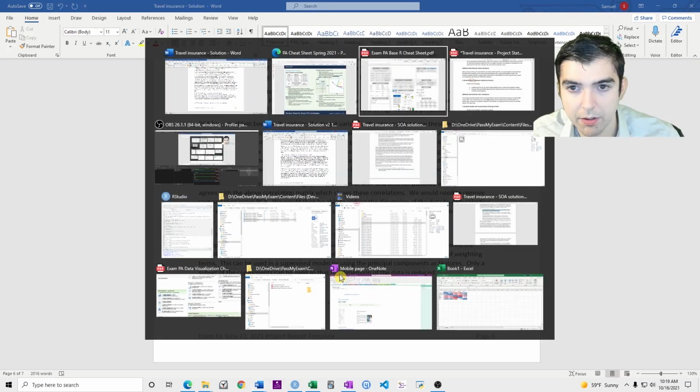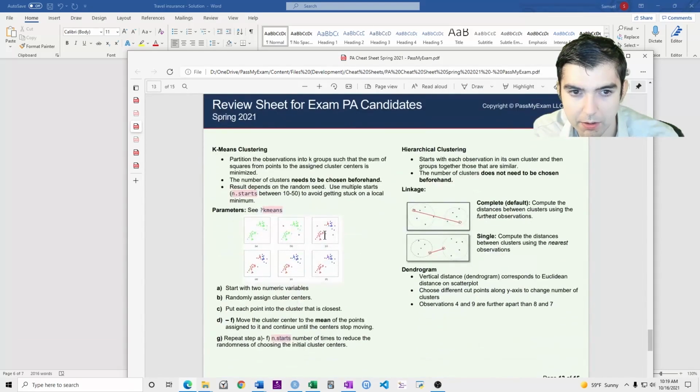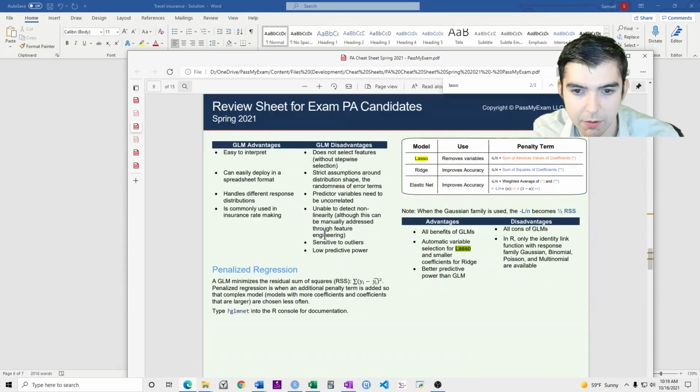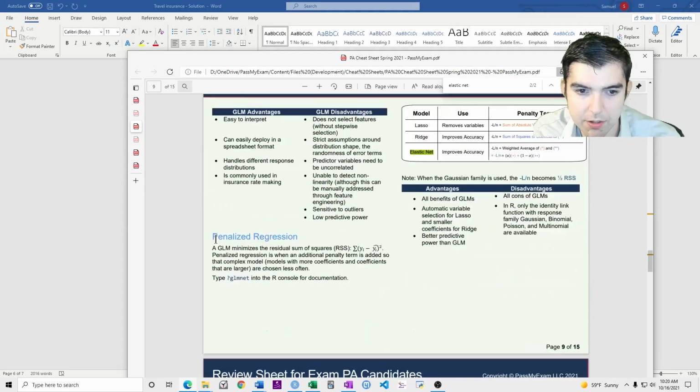And then the next part was compare PCA and lasso regularization on both how they perform dimension reduction and their interpretability. So when we look at lasso, we know that this is a type of GLM, and it's right here under penalized regression.